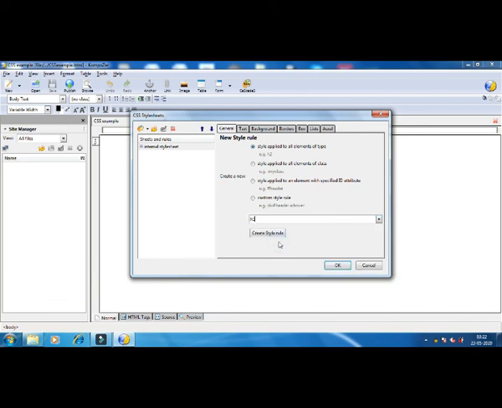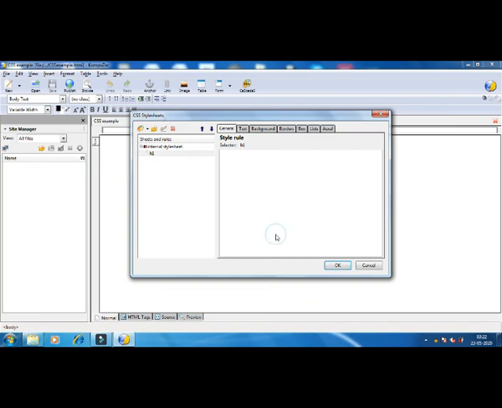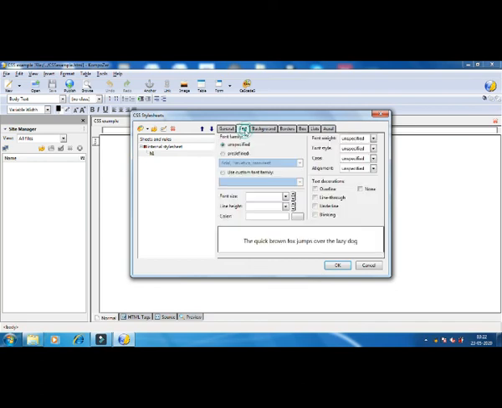Now next, create a style rule. We are giving style rules for this h1 element. So here in text, different settings are there. For example, we are changing the predefined font and taking another font here. In the preview box at the bottom of this dialog box you can see the changes. So there are many changes you can select, whatever you want.